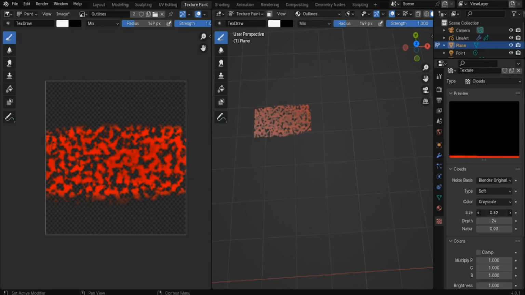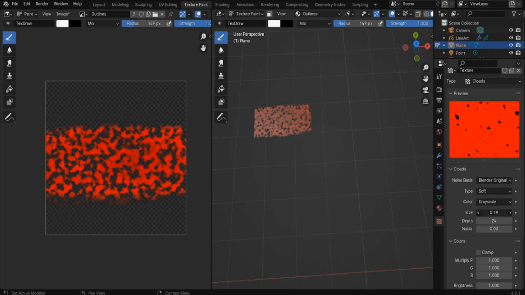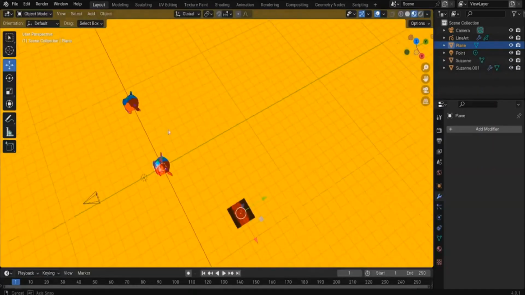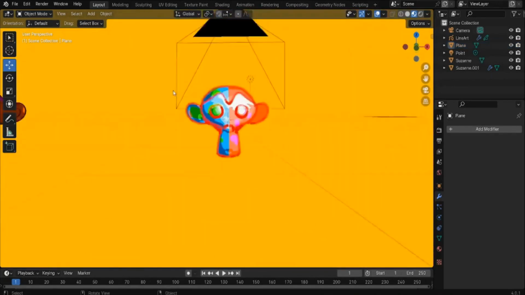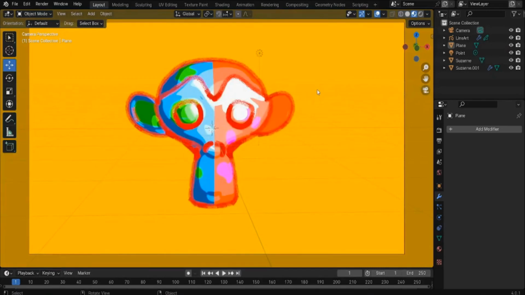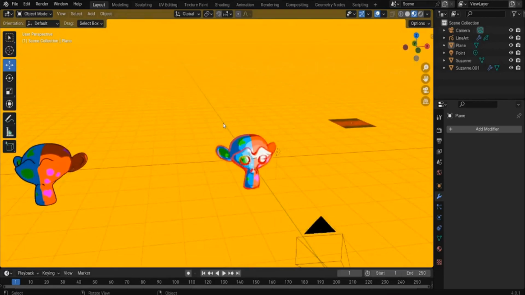Okay, let's maybe increase the scale. Or should I say decrease it? Sorry. Let's paint with this a tiny bit. Okay, now let's take a look at these outlines. Okay, these outlines now look a lot better. Now, like I said, this trick with grease pencil is just another interesting way you can add some more unique outlines to your scene. Alright guys, I showed you how to give your objects 2D looking textures,